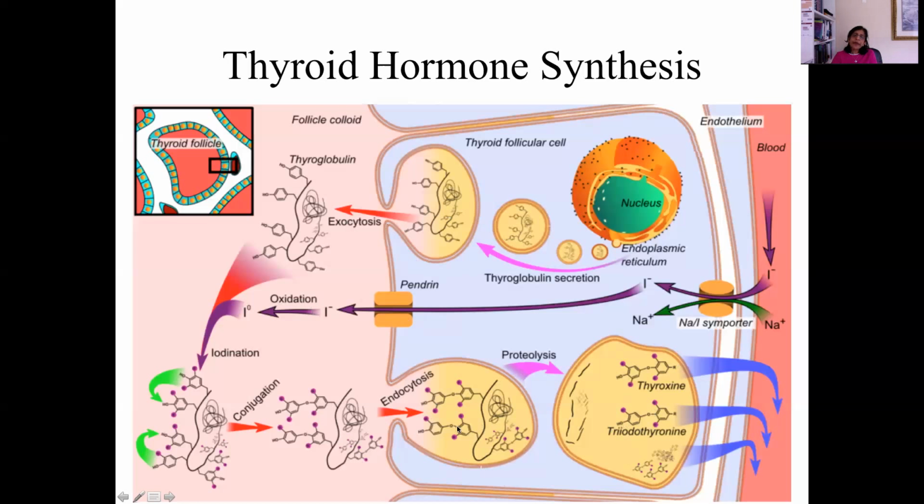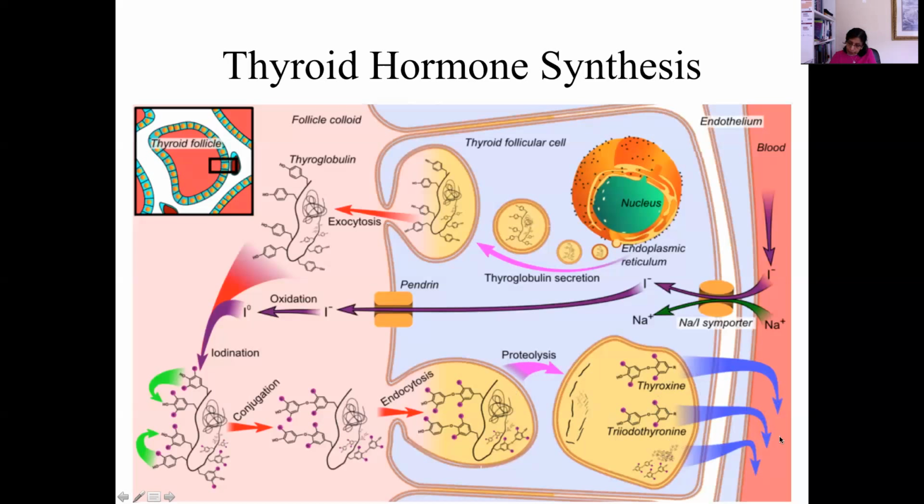Then the breakdown of T3 and T4 is what we want to talk about next. So you have brought the protein with the hormone. Now this is brought in contact with enzymes within the lysosome. So now the protein is released. Proteolysis is breakdown of protein. You have the hormone that is free, and this hormone will now be released